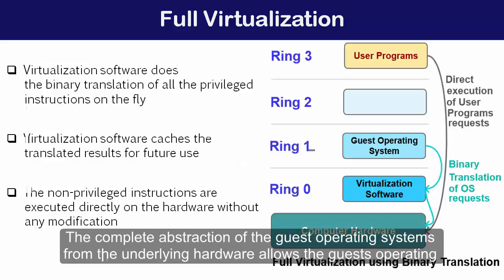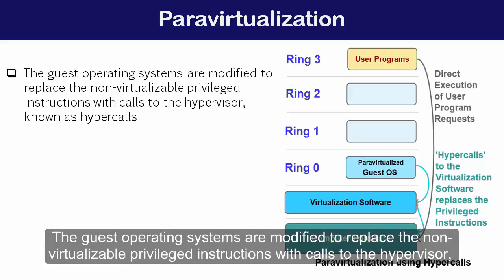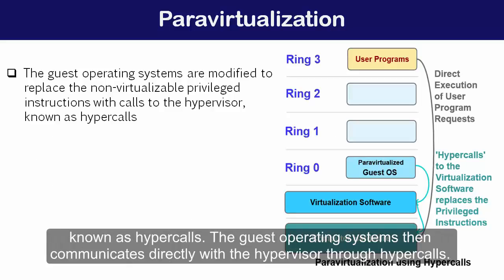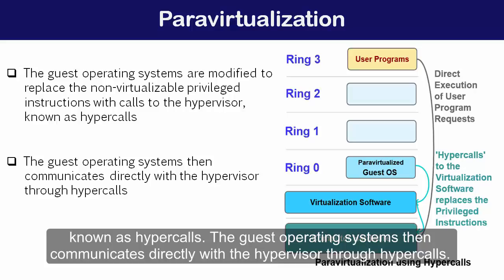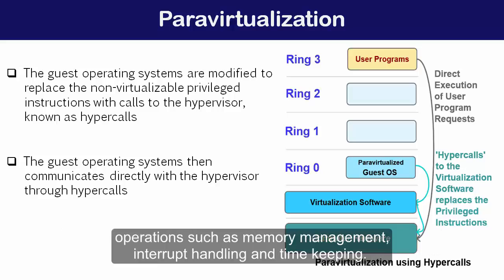And the hypervisor. The guest operating systems are modified to replace the non-virtualizable privileged instructions with calls to the hypervisor known as hypercalls. The guest operating systems then communicate directly with the hypervisor through hypercalls. In addition to this, there are hypercall interfaces provided by the hypervisor to carry out critical operating system